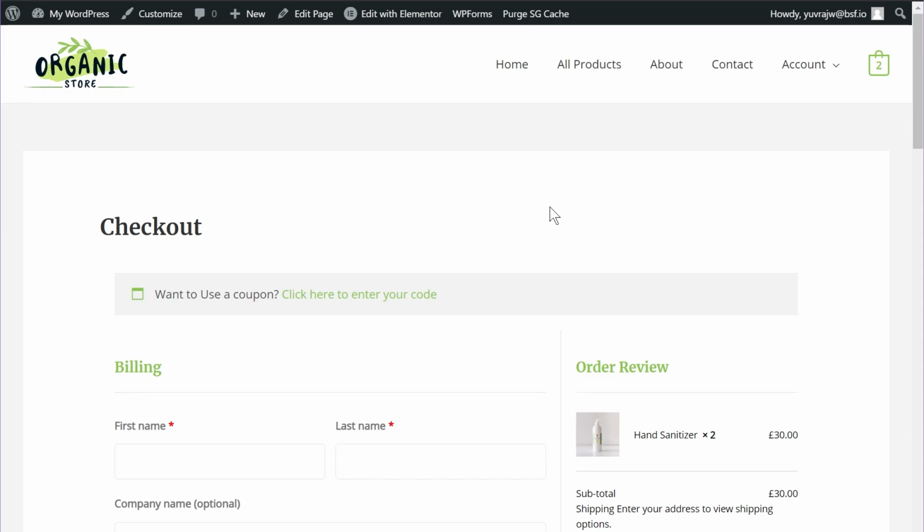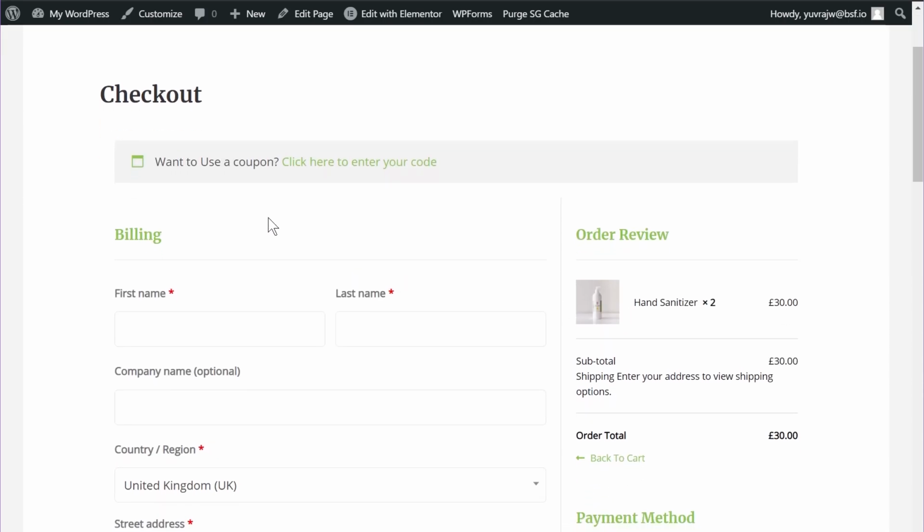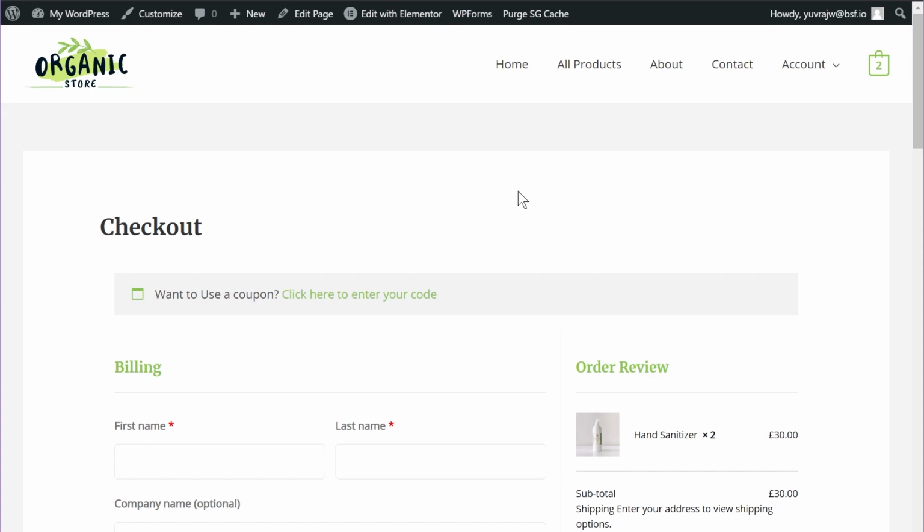So the page was updated and now I'm on the checkout page of my website. The two important changes that I made were that I changed the coupon text right here, and I also changed the color of the headings, which you can see right here, and right here. And obviously any change that you make on the page will also be reflected here. I just made two changes to demonstrate how easy it is to make any changes to your WooCommerce checkout process using the brand new widget in UAE.